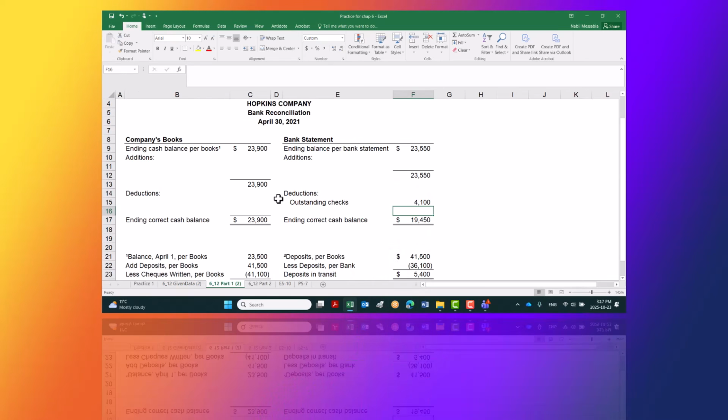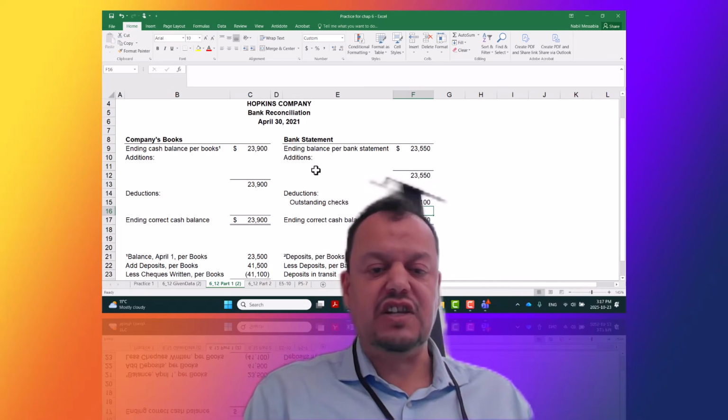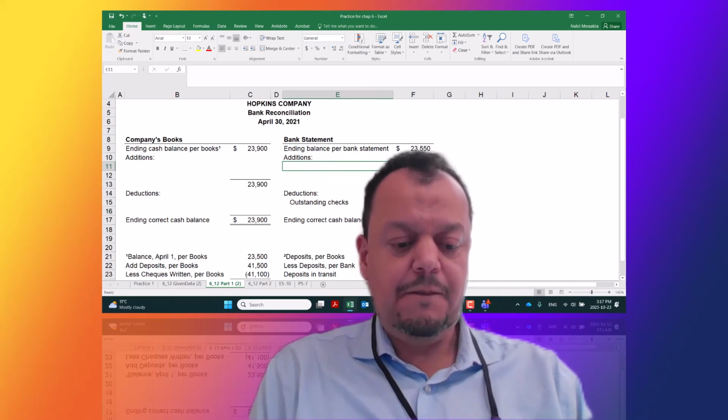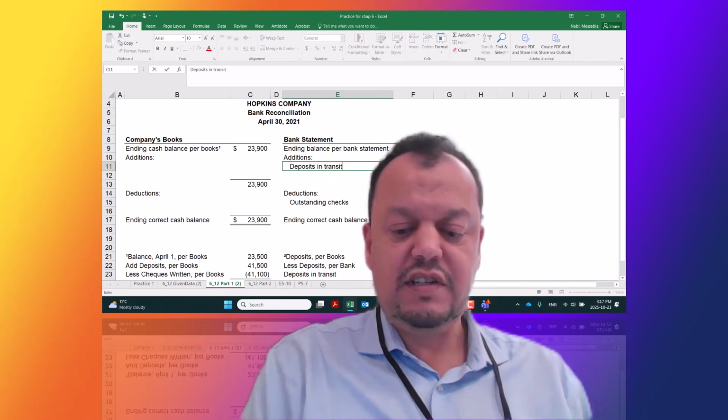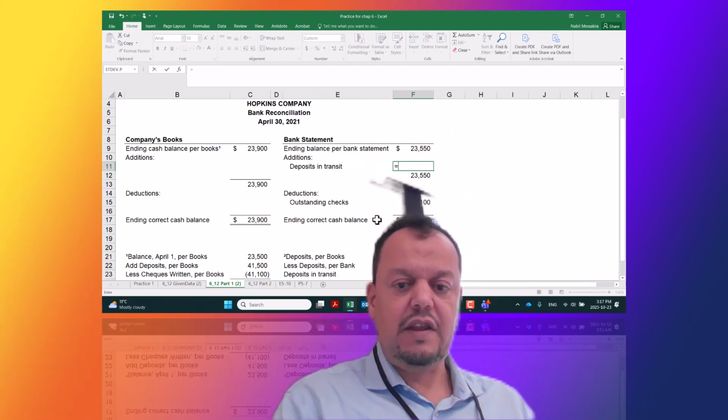On the side of the bank, as an addition, because now this will increase the balance as per the bank statement. So in the addition list, we have to add deposits in transit, and the amount is